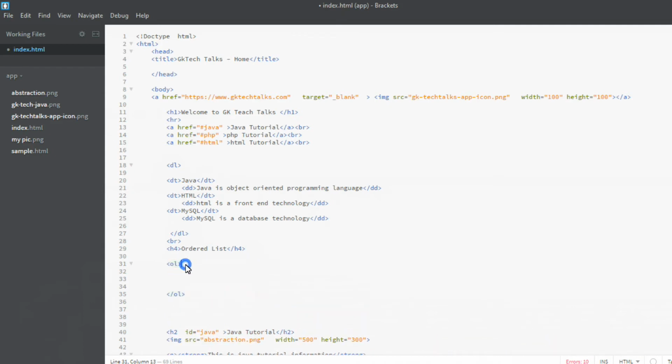Inside the ordered list we need to provide our items.